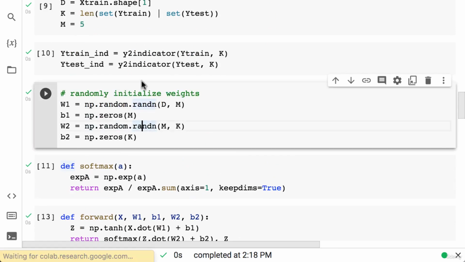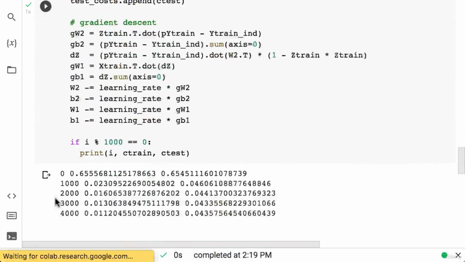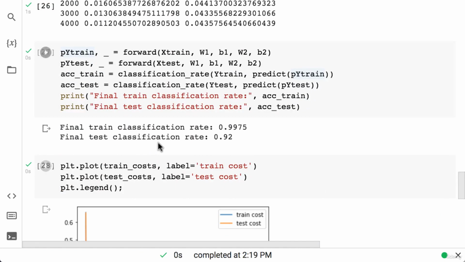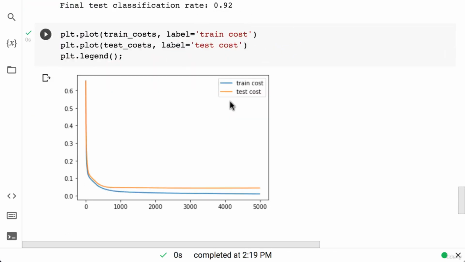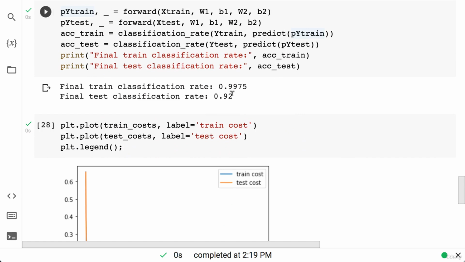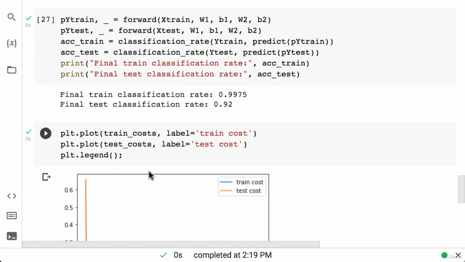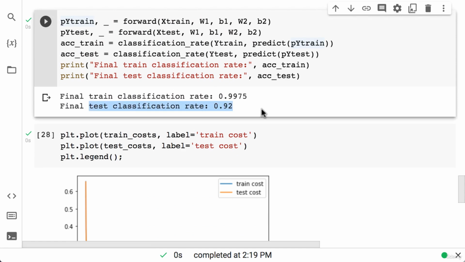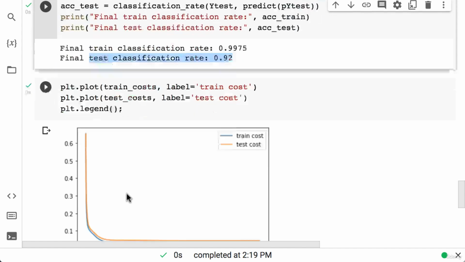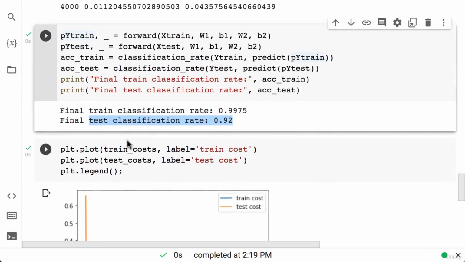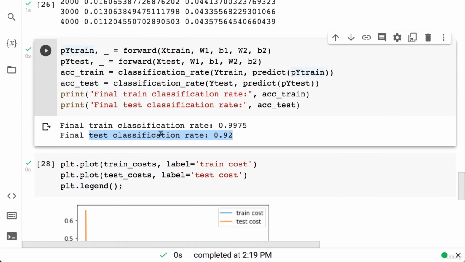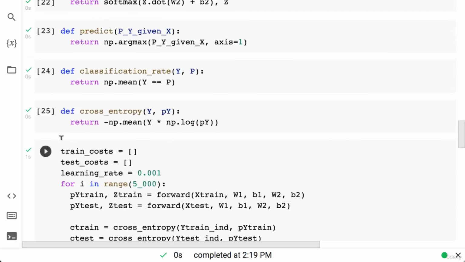Okay, so we'll run from here since this is where we generate the randomly initialized weights. Okay, so run everything. So that's interesting. Even though the final test cost is lower than before, the actual test classification rate has gone down. So that's something to pay attention to as well. Just because the test cost is lower does not imply that the classification rate will be higher. In fact, one little experiment we could do